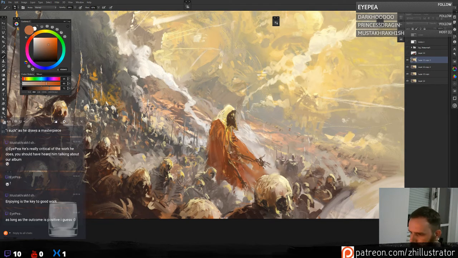As long as the outcome is positive, definitely. I need more. This spear needs to shine more. Glint the spears, glint.